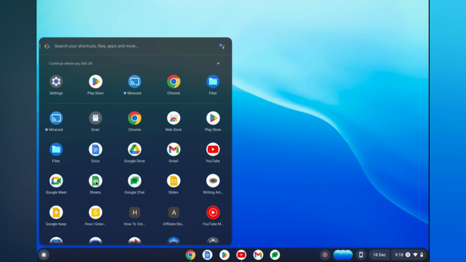you are going to simply right click. By the way, to right click, all you'll need to do is use 2 fingers and press down on the mouse pad at the same time, and you will see the option Pin to Shelf. You are going to tap on that, and as you can see right here, Sheets is currently pinned, and that's